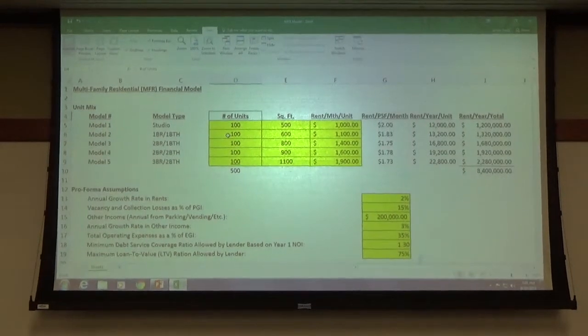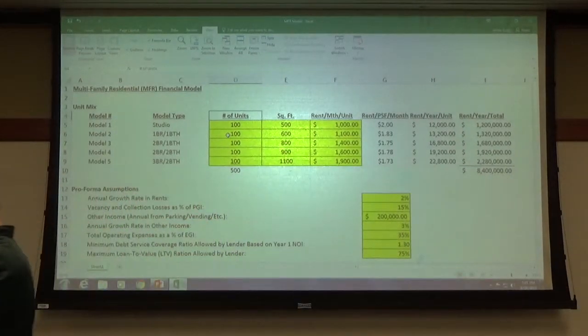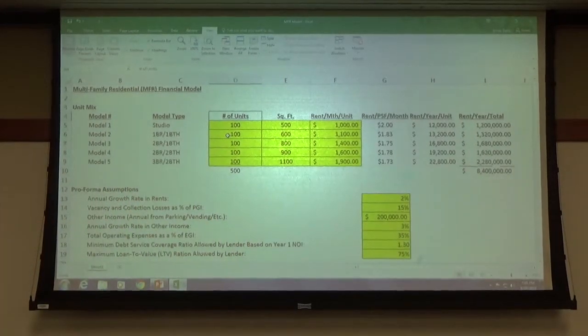What I will do is send Dr. Wurtzer an Excel file containing all of this so that you can play around with it on your own. This one is meant to help get into a little bit more detail beyond what we just did on a simpler one. This is a little bit more complex. Same general concept, but a little bit more information and a little bit more analysis. Everybody got it in front of them? Okay, let's get started.